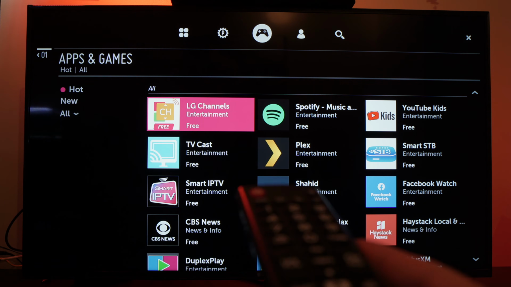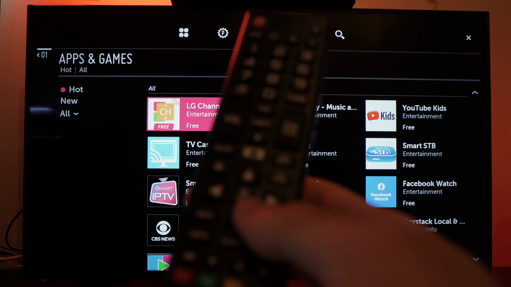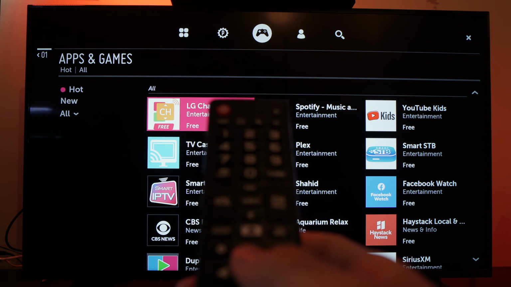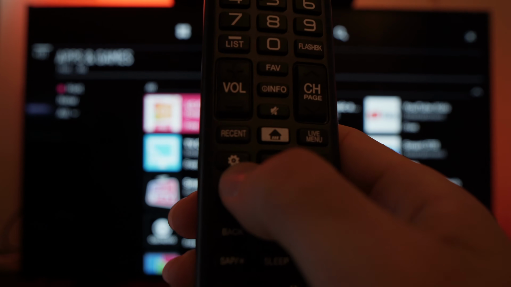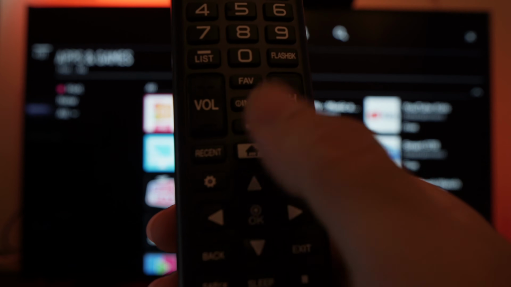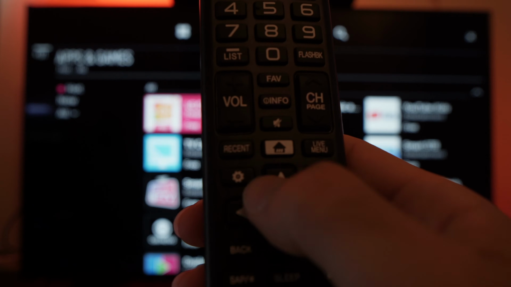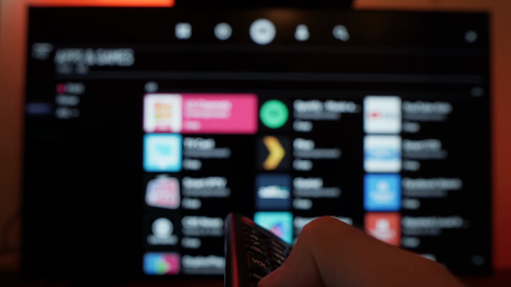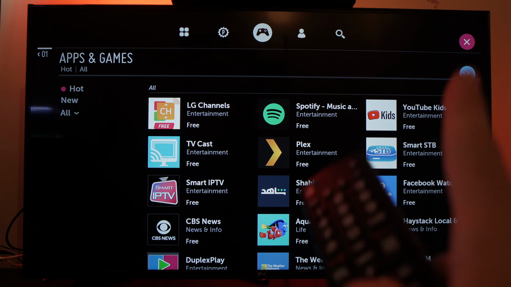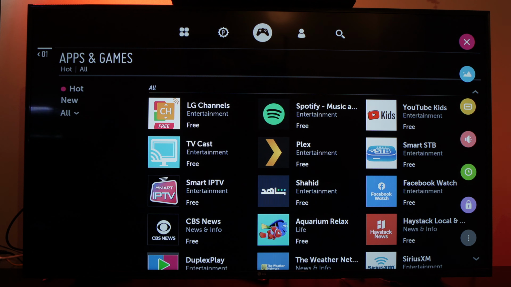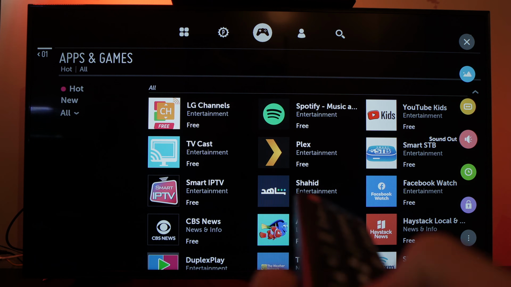If you don't see it, well, all you have to do is take your remote control and press this wheel over here. You may have it located on a different button on your remote, but it should look like this one. A menu will come up on the right side. You need to go on the last option,